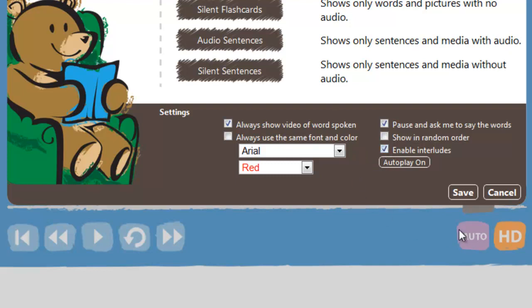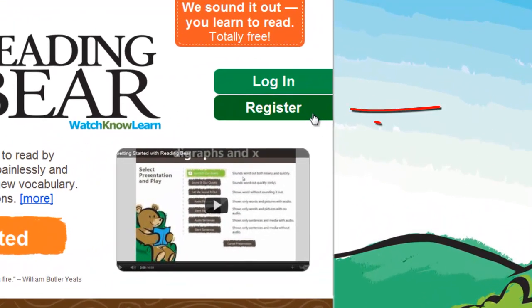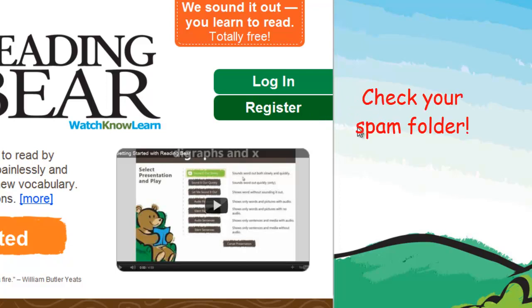That's most of the features. It's a good idea to make a free account. You don't have to, but we recommend it. By the way, if your account confirmation doesn't arrive, check your spam folder. Once you've logged in,